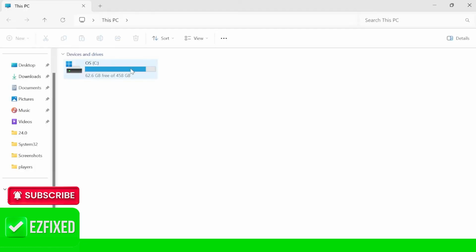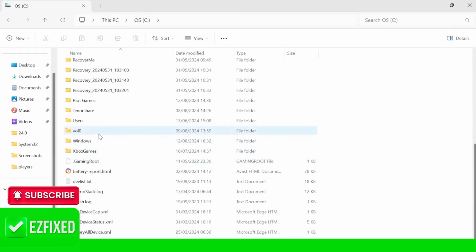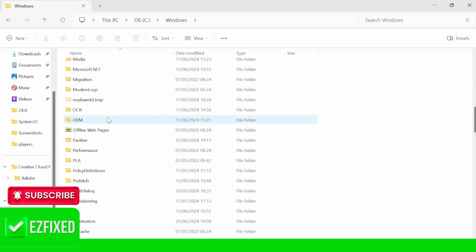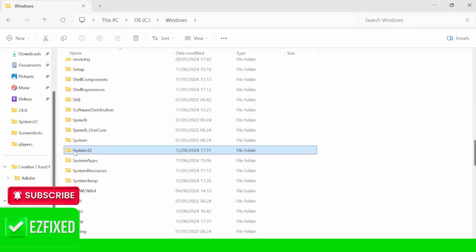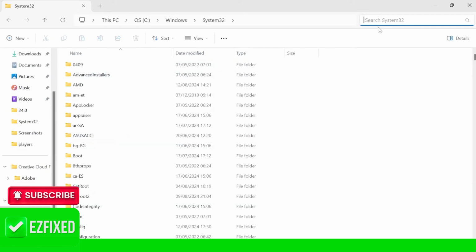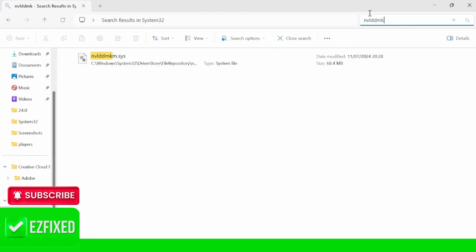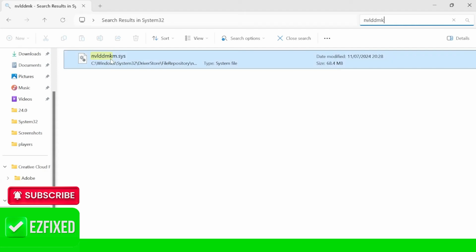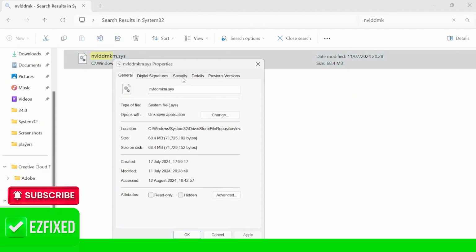our File Explorer, come over to your C drive, inside of Windows at the bottom here, come down to System32 and come inside of this folder. And then using this search box at the top here, we're going to type in nvlddmkm, and that should bring up this file here, nvlddmkm.sys. So we need to right click on this file and come over to Properties, inside of the Security tab,